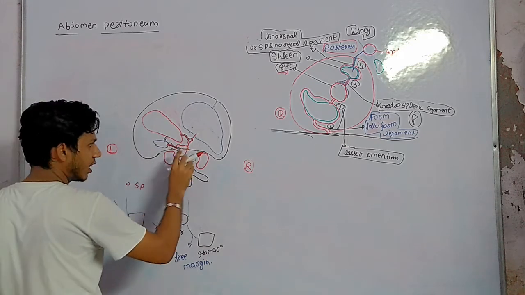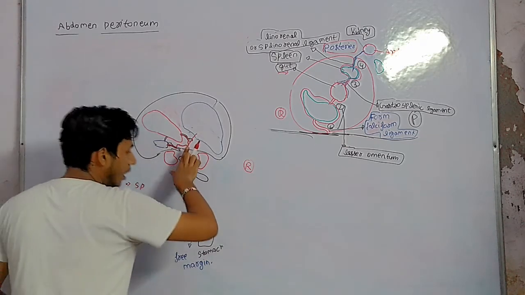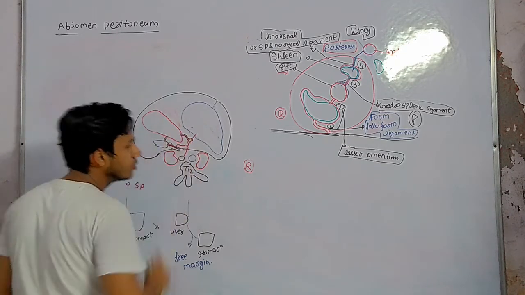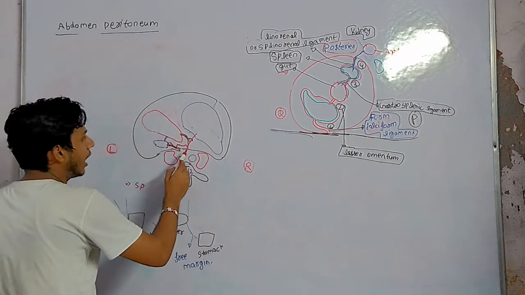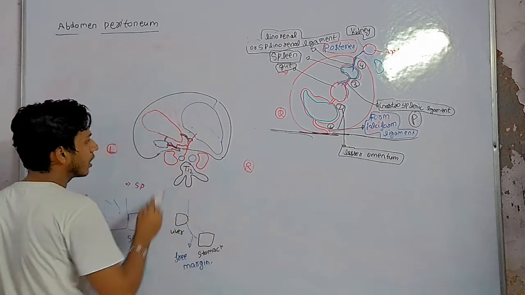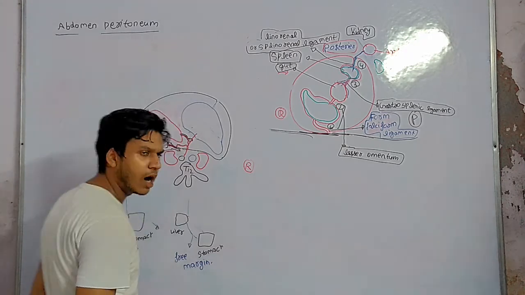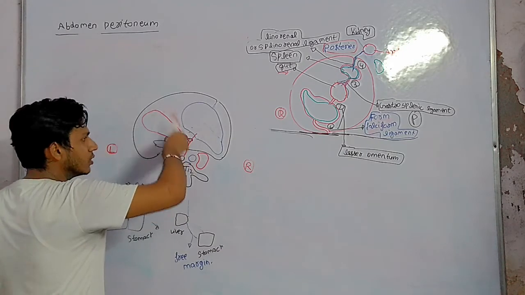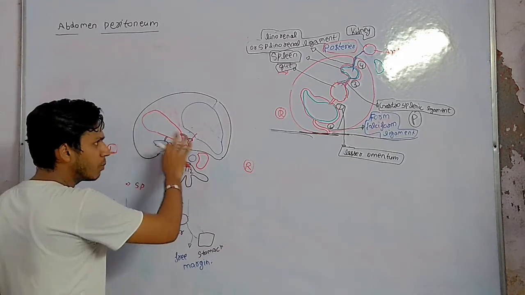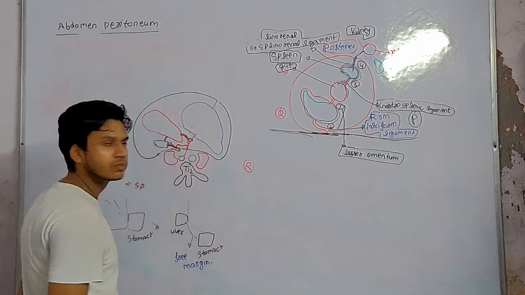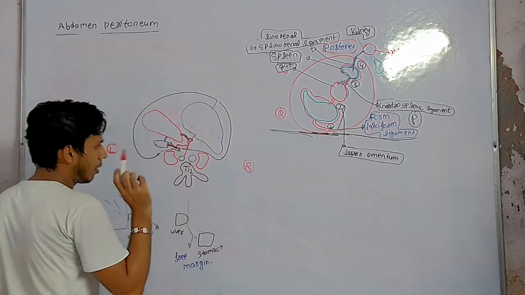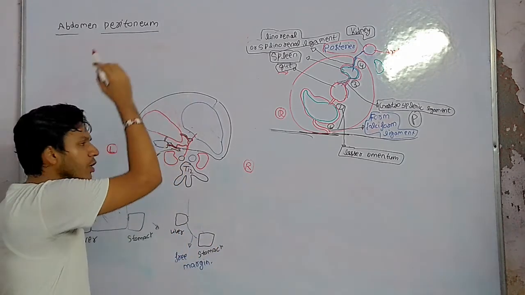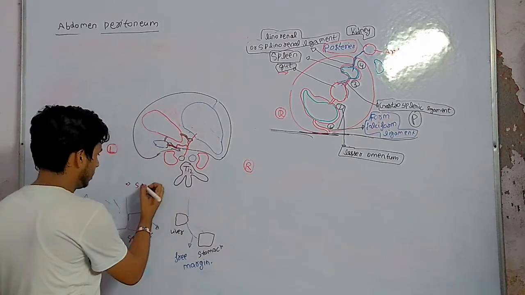Now take this as the celiac trunk. The celiac trunk goes in the abdominal peritoneum. It gives three branches. One is the left gastric artery, which goes into the lesser omentum toward the stomach and supplies the stomach. Then one artery is called the common hepatic artery, which goes to the liver through the lesser omentum. So two arteries complete their course in the lesser omentum, the left gastric artery and the proper hepatic artery. But what about the splenic artery? The splenic artery goes toward the spleen, then it pierces the splenorenal ligament and supplies the spleen.